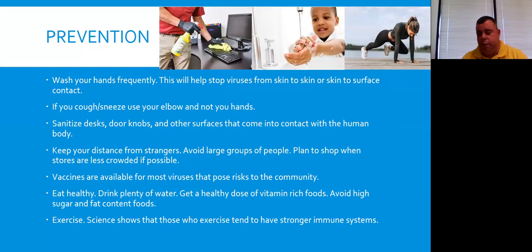Like spinach is really good for iron. Grapefruits have really good vitamin C. Try and eat all these different types of food that have all these different types of vitamins because your body is going to get those. And it just makes you have a naturally stronger immune system. And when you have that stronger immune system, even if you come into contact with a virus, you might not get sick. Okay. So try and do this as a potential way to prevent from getting sick.